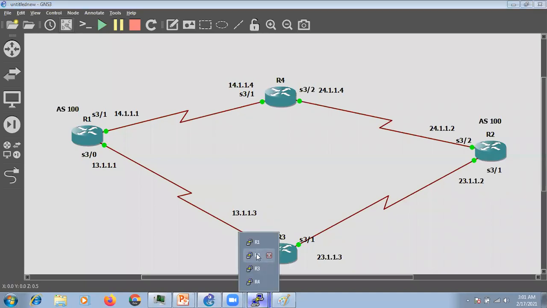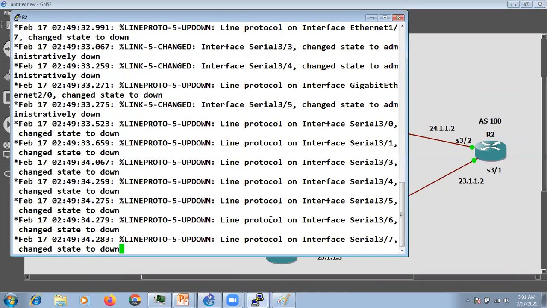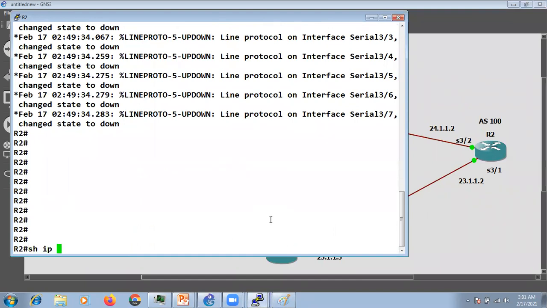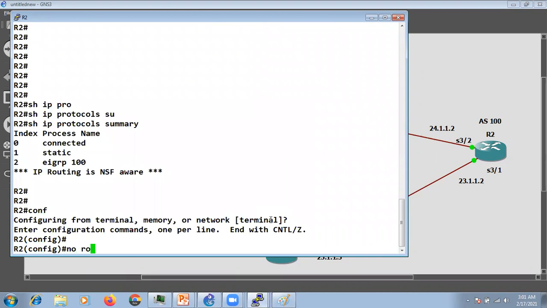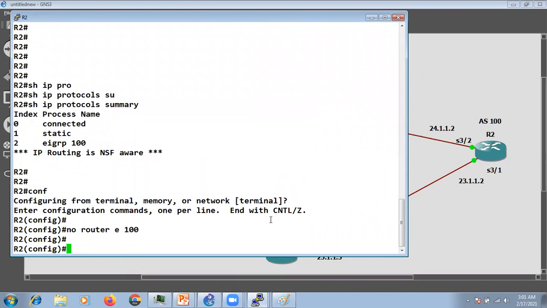Same thing I'm going to do at R2. Show IP protocol summary. Here also we are running EIGRP. Let's remove it from here as well.